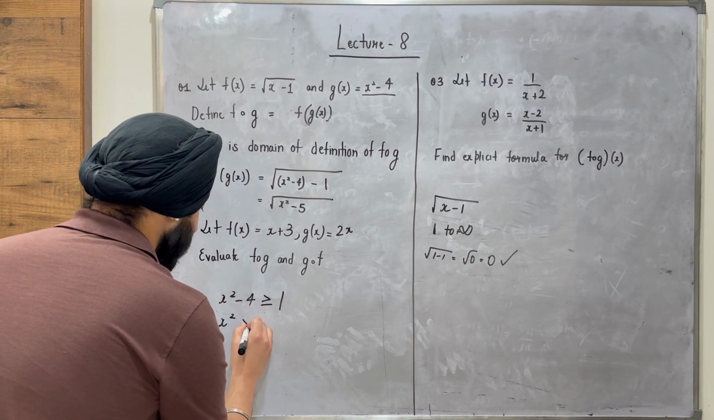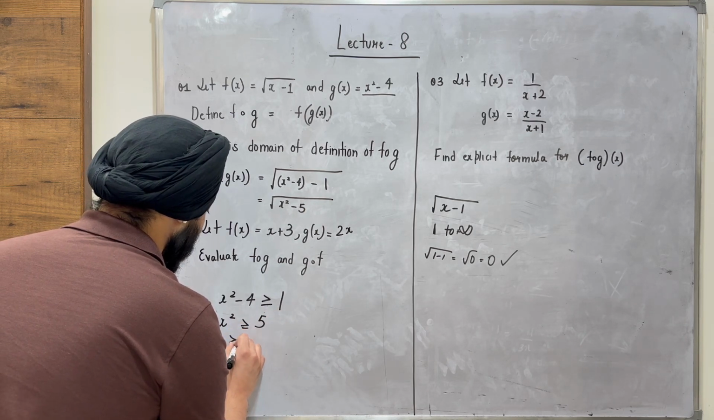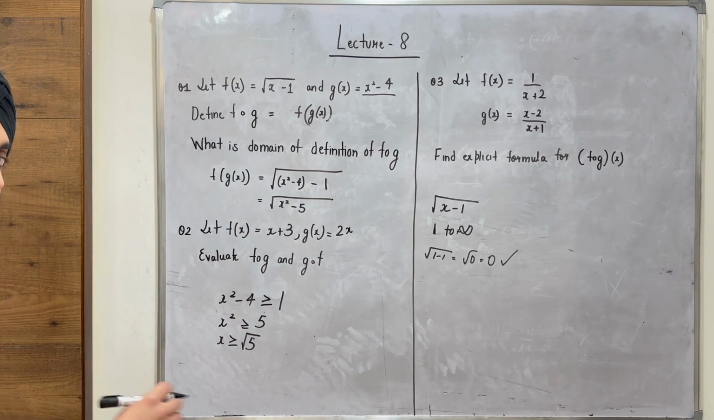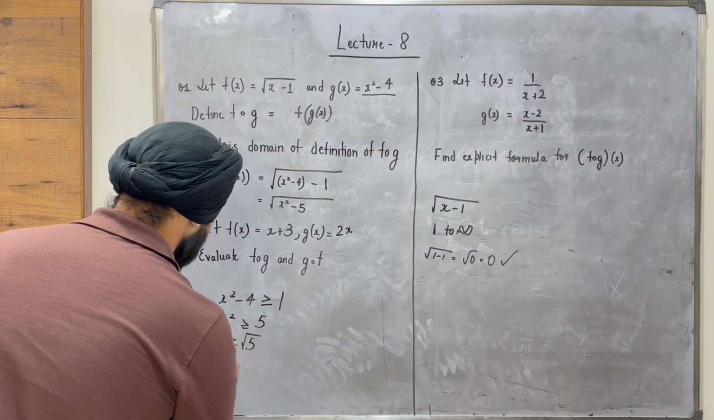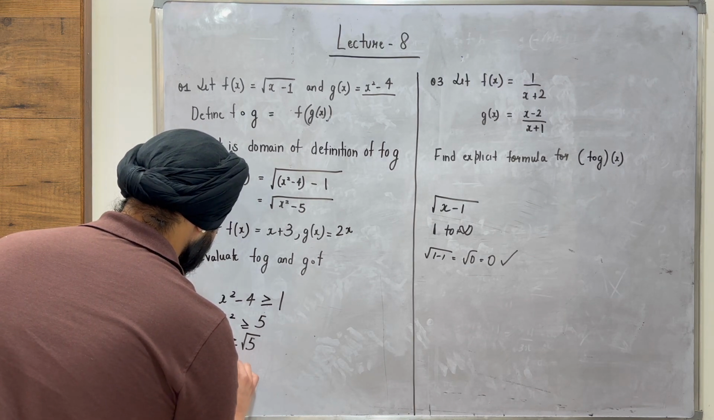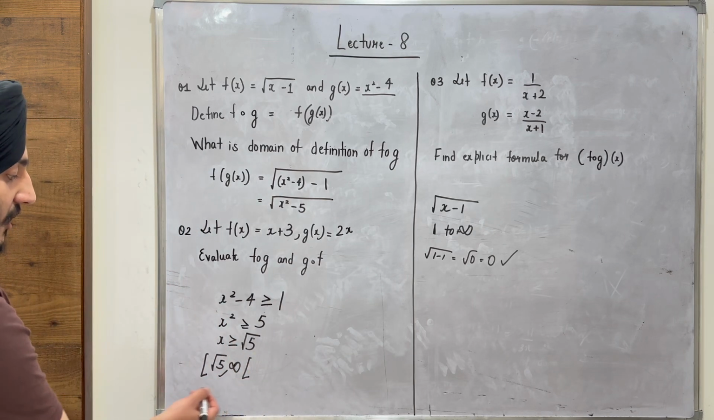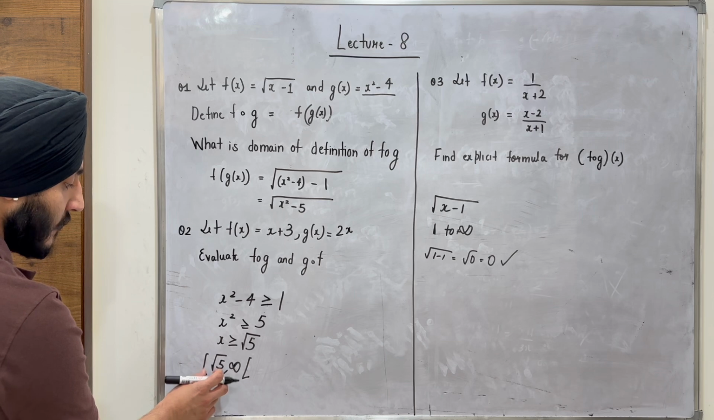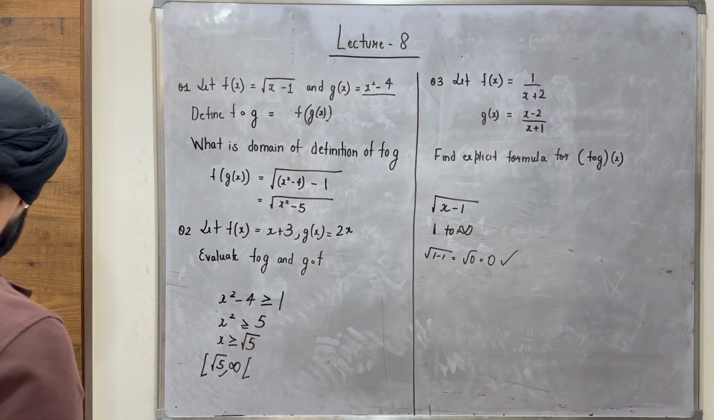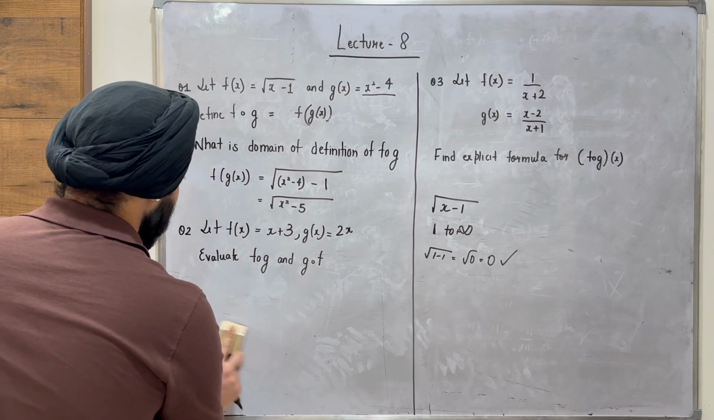So what's the result I get? I get x square should be greater than or equal to 5, and x should be greater than or equal to square root of 5. So my domain of definition is going to be square root of 5, comma, positive infinity. This representation basically means all the values including square root of 5 up till positive infinity. Okay, so I hope you were able to understand this question. Moving on,